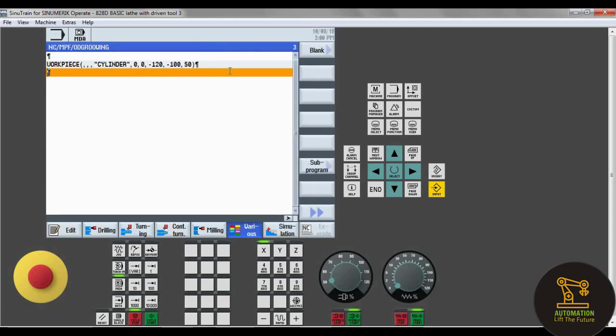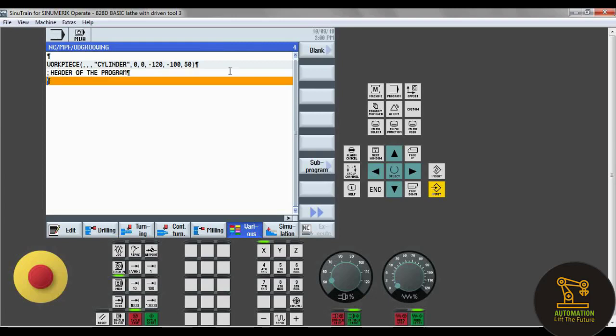So next we have to come to the header, and under the header, this is the header of the program, and first we have the safety codes. Those are G18, G54, G64, G71, G90 and G95.